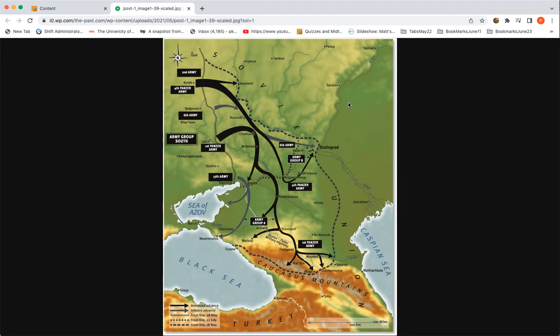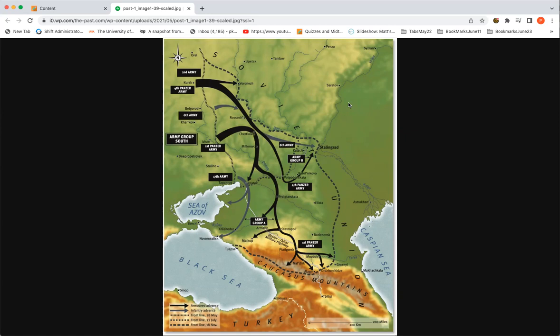By attacking Stalingrad, the German army is really in the heart of Mother Russia, on one of the most significant rivers in Russia. And of course, the name Stalingrad has tremendous symbolic meaning as well. You know, it's Stalingrad, named after Stalin. So